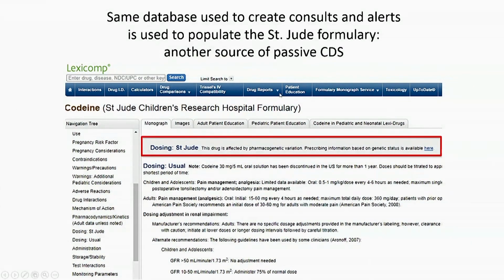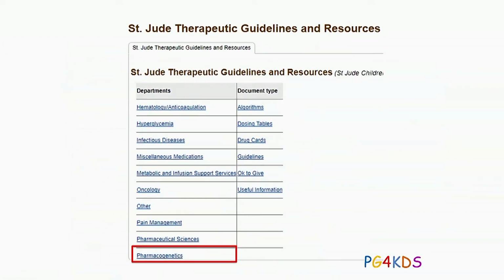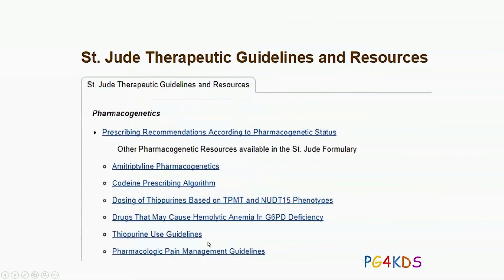This has also been useful because we want the exact same information to populate the St. Jude formulary, which is our go-to resource for our clinicians for medications. And so if a clinician at St. Jude goes to the formulary, they will see that there is information on pharmacogenetics for all the applicable drugs. There's also a place where they can just see all of the therapeutic guidelines, including pharmacogenetic guidelines. And by clicking on that hyperlink, they can see all of the pharmacogenetic